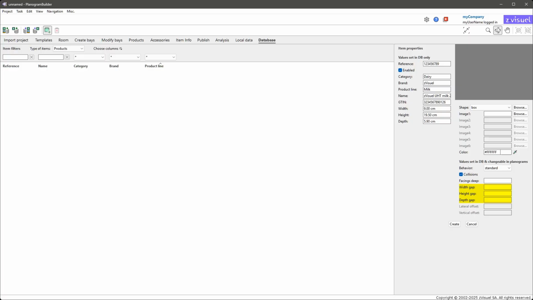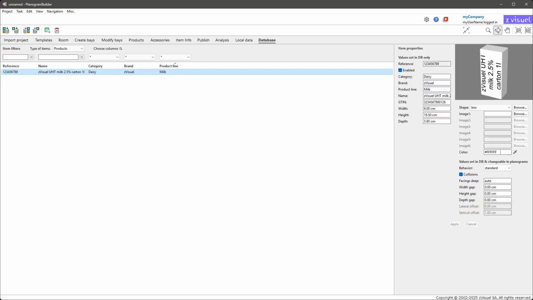Width gap, height gap, and depth gap allow you to define spacing between each unit of the product within a block of facings of this product. Lateral offset and vertical offset: these values are used to offset the position of pegged products relative to the hook, if necessary. Now press Create to generate your product.